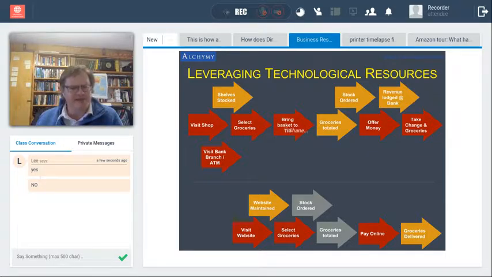Our customer brings their basket or their trolley to the till, where we have a checkout operator who will scan every single product, generating a bill. So the groceries will be totaled by our staff member at the checkout. The customer will be told what the bill is, and they will offer the cash that they've taken from the ATM. And then they will take their change and their groceries and they will go. Now,